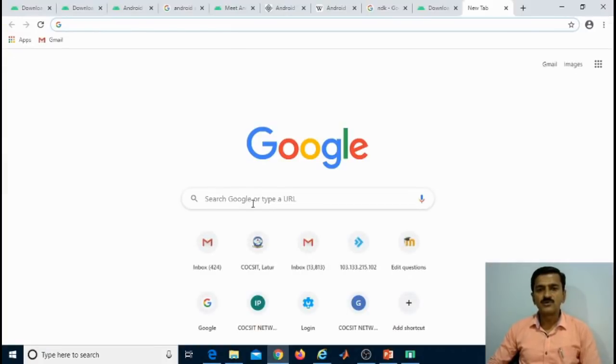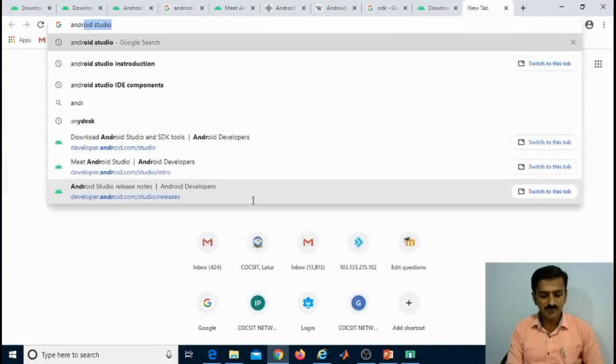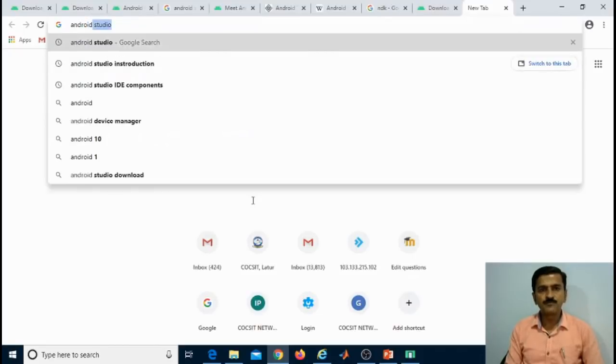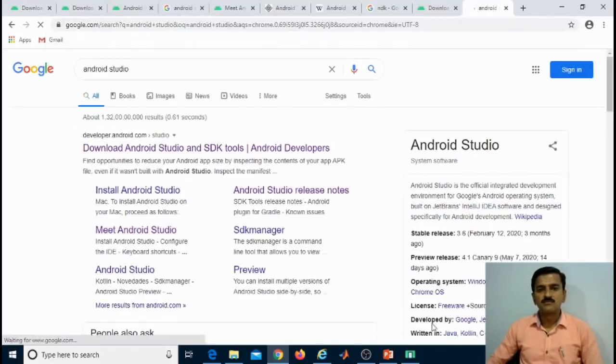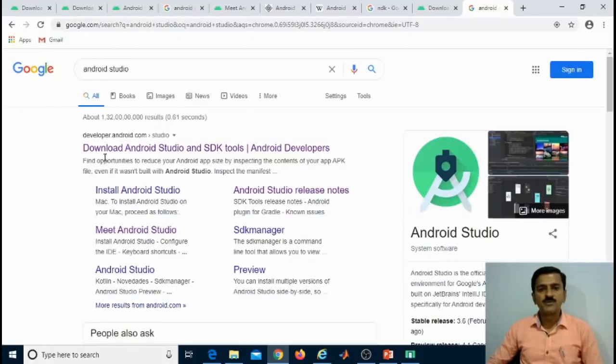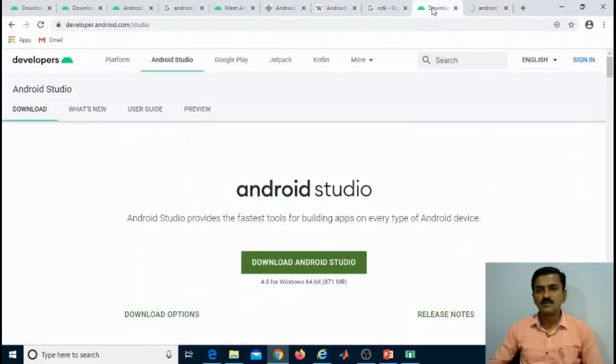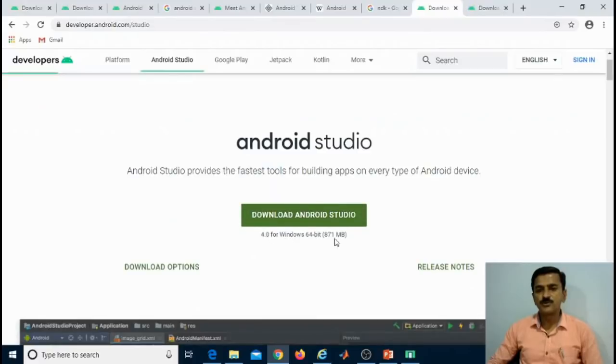To download Android Studio, move to your browser, search for Android Studio, then open the developer.android.com website. So here is the website.